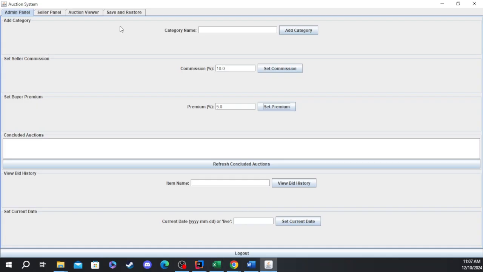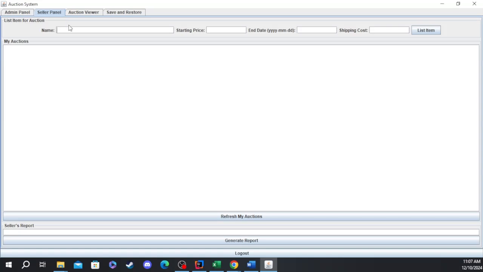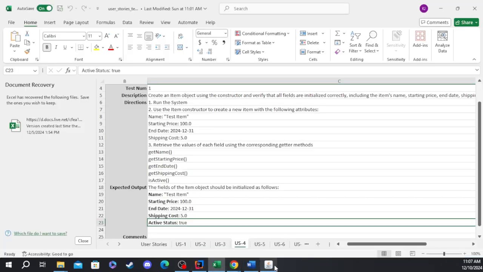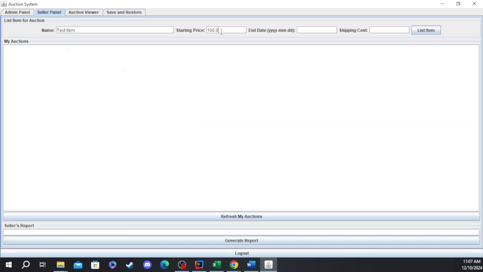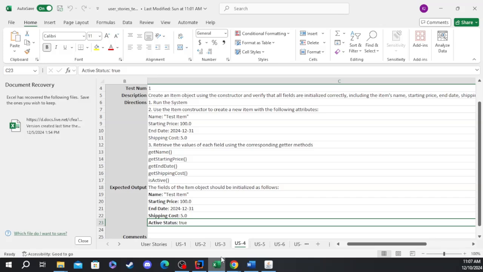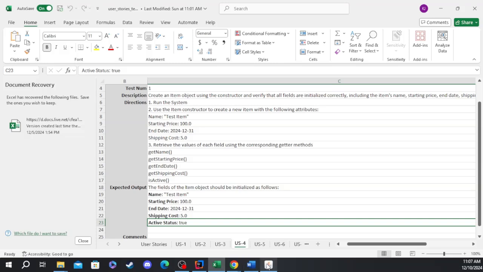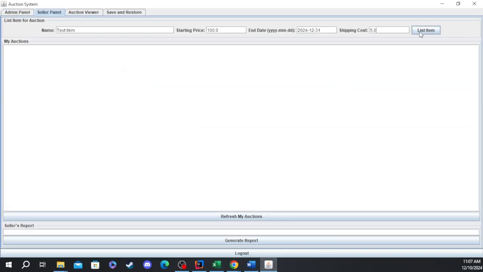So in the GUI, we're going to do exactly that. So we'll say test item. The starting price, I forgot, is 100. The end date is end of the year, so 2024-12-31. And our shipping cost is 5. We can list it. Item has been listed, and if we refresh my auctions, let's see,